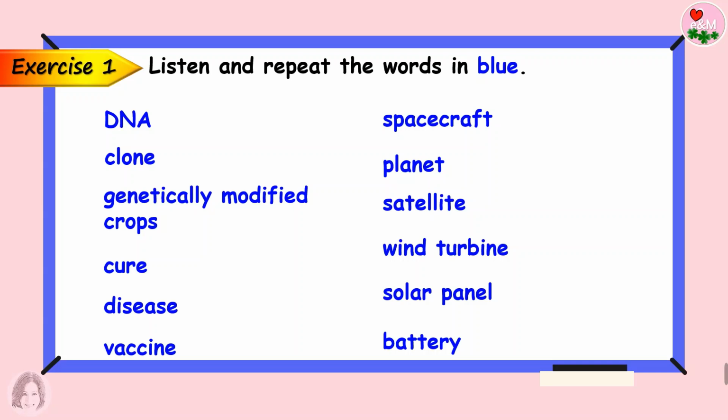Just now we read the Science Museum guide, so now it is time to do our first exercise. Listen and repeat the words in blue. DNA, clone, genetically modified crops, cure, disease, vaccine, spacecraft,